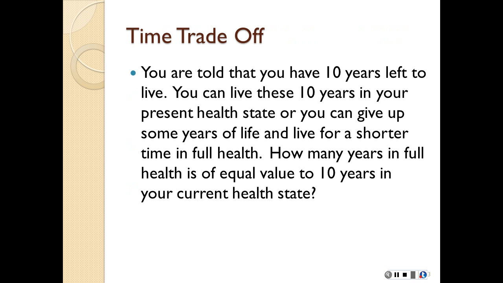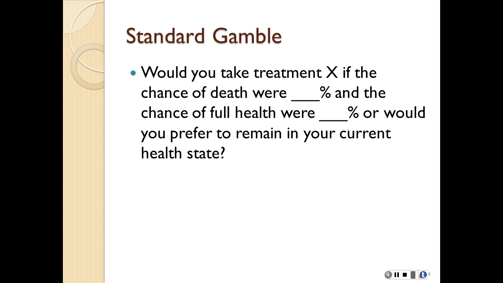Let's just look at a quick example. So this is an example of a time trade-off. You're told you have 10 years left to live. You can live these 10 years in your present health state, or you can give up some years of your life and live for a shorter period of time in full health. Which would you rather do? So we're really looking for how many years of full health is equal to 10 years in your current health state. And your current health state is assuming that you're not in perfect health. It's assuming that you have some functional disability. The standard gamble,